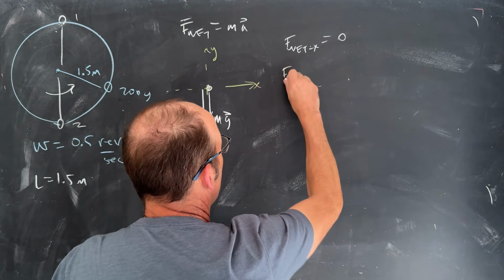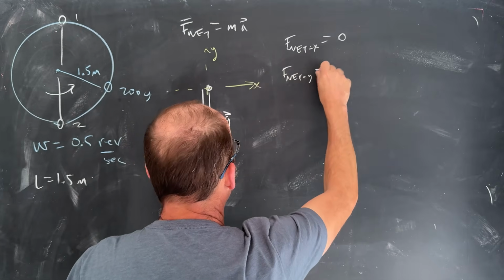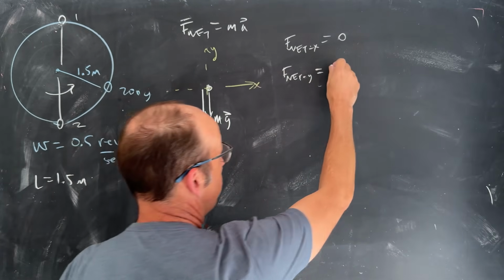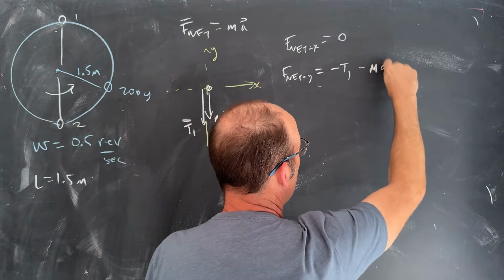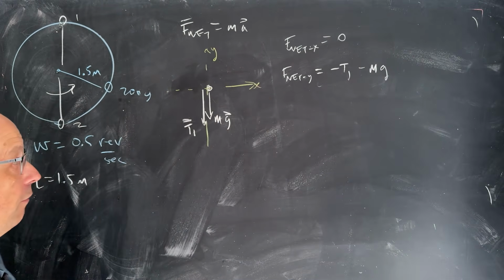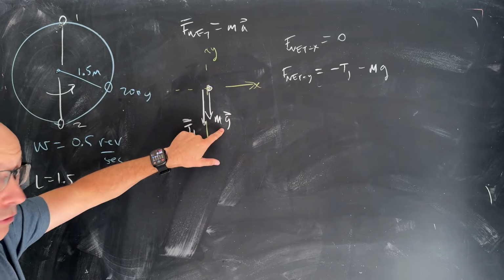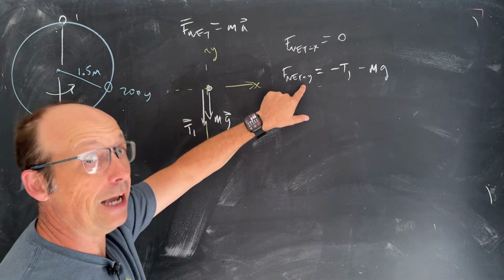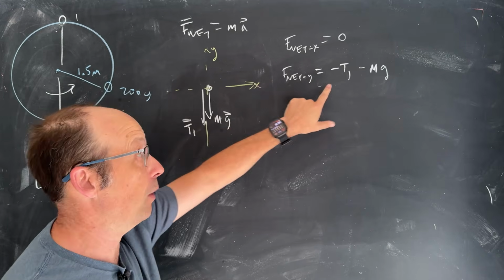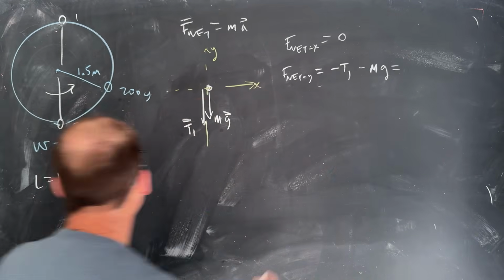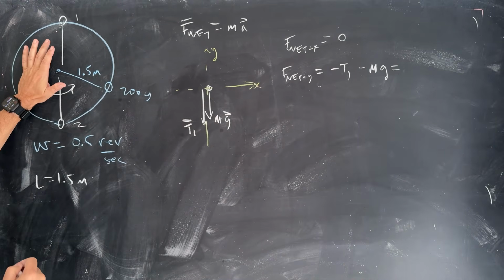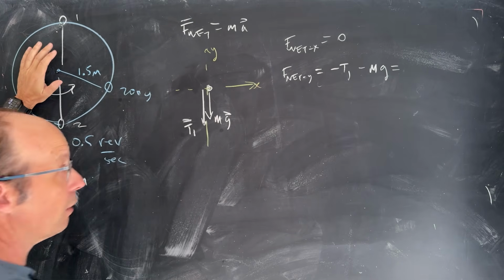Now I can write F net in the y direction. So I have two forces in the y direction. T1 is in the negative y direction, and mg, the gravitational force, is in the negative y direction. Notice right here I wrote them as vectors because they are vectors, but now I'm writing the y components of those vectors. That's why there's a negative sign now. This is going to be equal to the mass times acceleration. But because it is moving in a circle, it's going to accelerate towards the center of the circle. So we can write this as